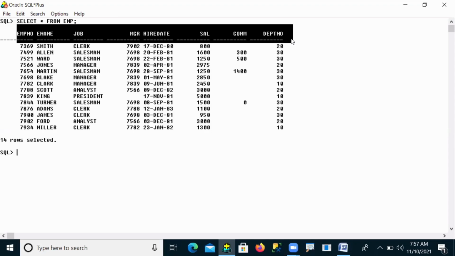No. So in this table, all column names are different and there is no duplicate column.